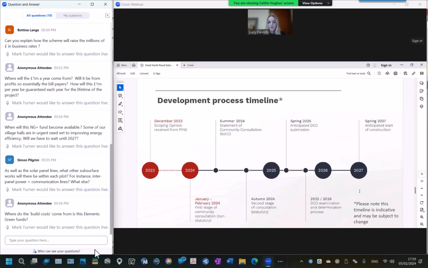PINS were then asked to provide feedback in the form of a scoping opinion, and the scoping opinion informs the environmental impact assessment that will then be carried out on the proposals, and this will be presented at our second phase of consultation in our preliminary environmental information report. As also shown on the timeline, we are now undertaking our first phase of community consultation, which, as Mark mentioned earlier, began on Tuesday the 16th of January, and will run for 6 weeks until Tuesday the 27th of February. So if we can go to the next slide, please.